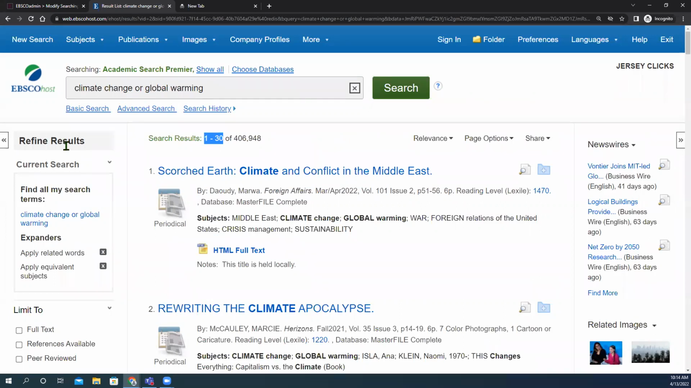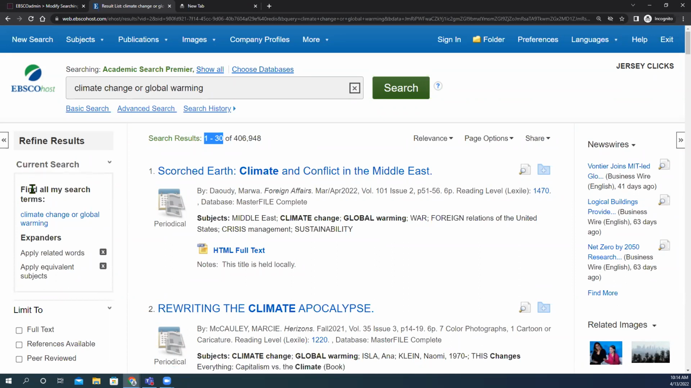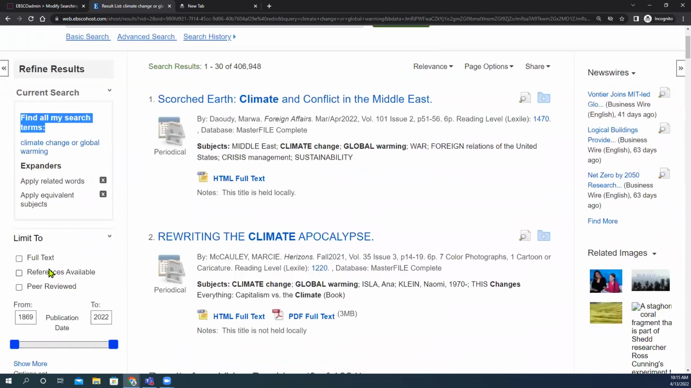Notice here under the Refine Results column on the left, there is the current search. All of the limiters and expanders, search terms, search modes that are pre-selected are listed here. So we're finding all of my search terms. So it's ending global change or global warming. And we've employed those 2 expanders, applying related words and equivalent subjects. I have the ability now to